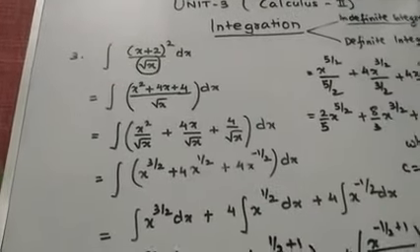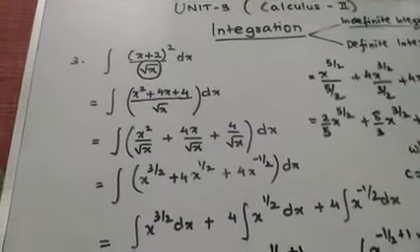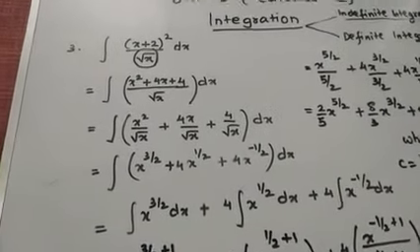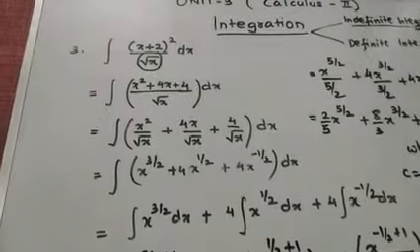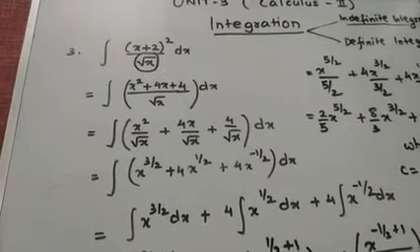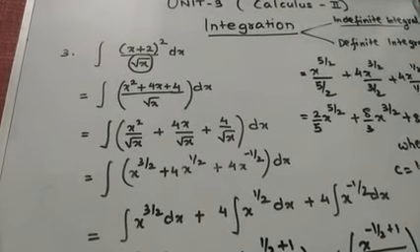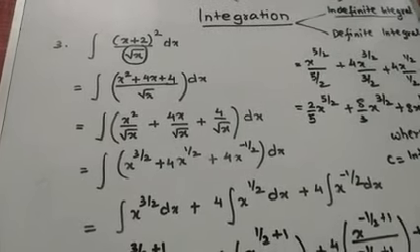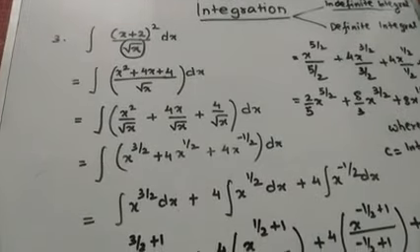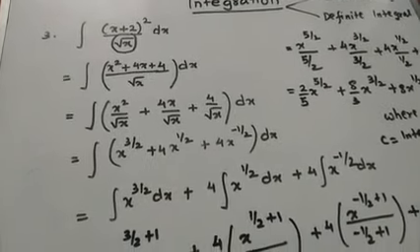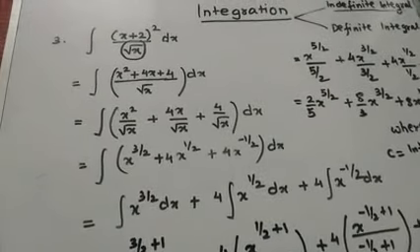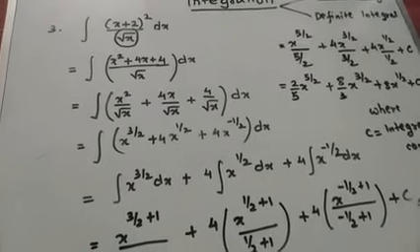The thing is that suppose with root x it comes plus 1, root x plus 1, then it won't be easy to divide and calculate in this way. So the next question is like that only. Whenever in the denominator you will find an equation type thing, then how to solve? It is not mandatory that always your denominator will be a single term function. There can be an equation also in your denominator part. So for that, how to solve those types of integration? So let us proceed to question number 4.